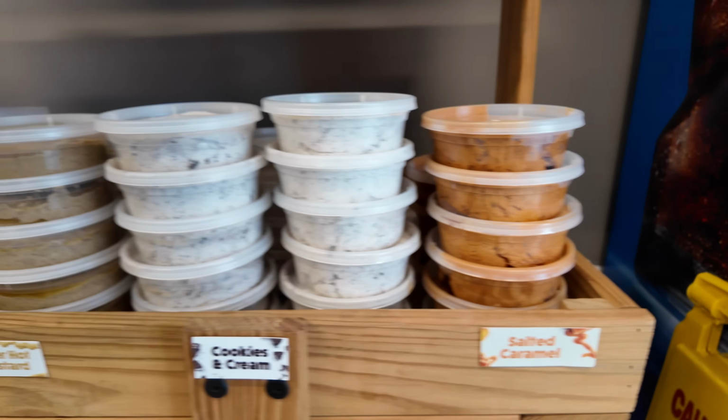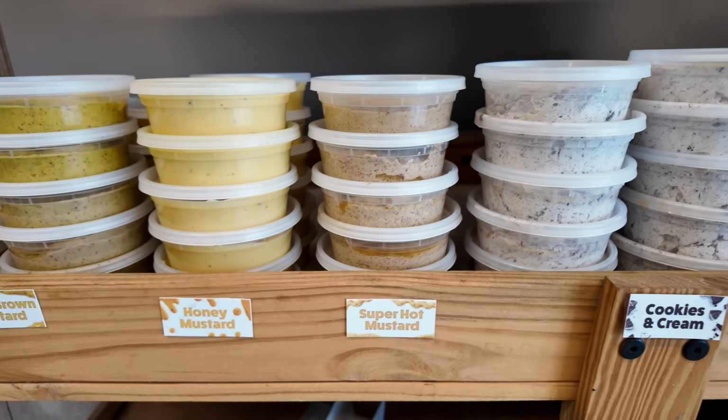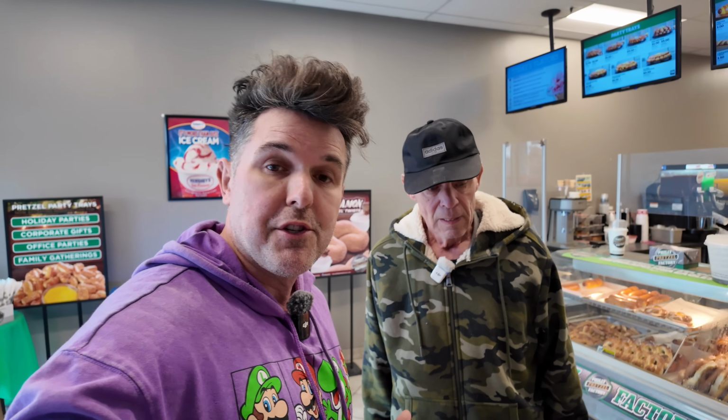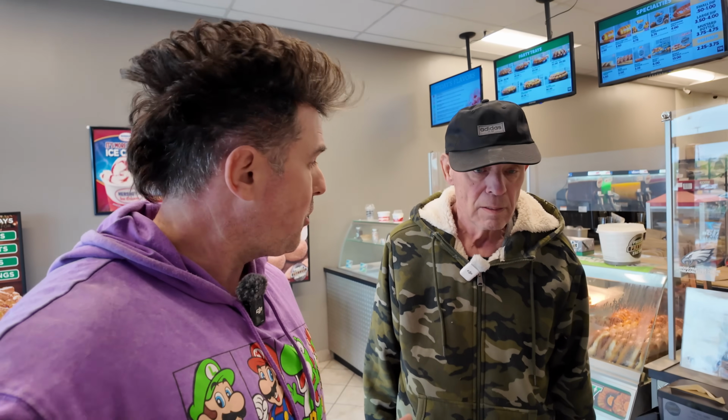Salted caramel, cookies and cream. That's true. Super hot mustard, honey mustard, spicy mustard, yellow mustard. Honestly, you could come in here and get the same pretzel, different flavor, and then suddenly, poof, you're whisked away to a whole other magical experience of flavor. True. So whatever you've got a hankering for, something sweet or something salty,